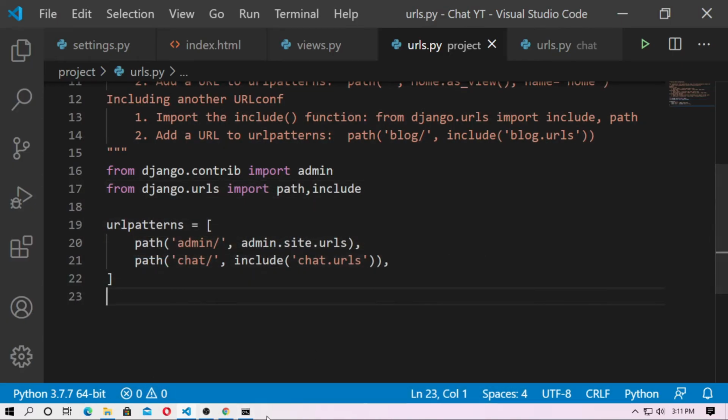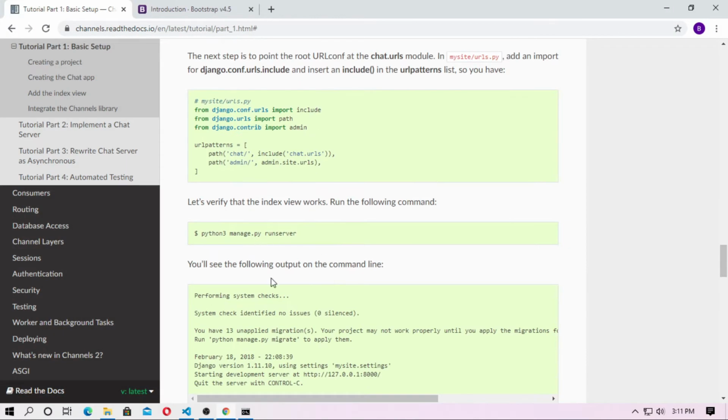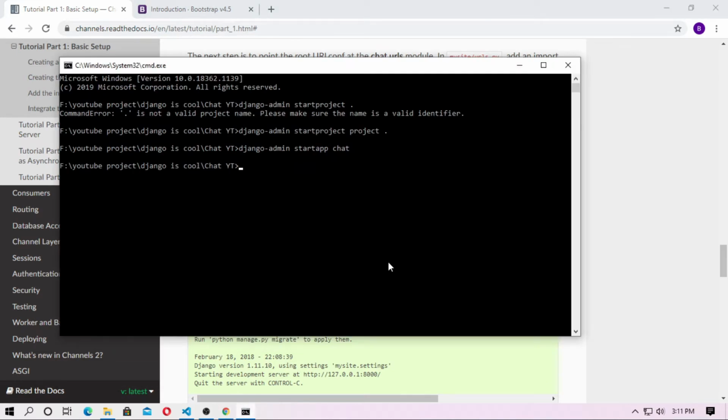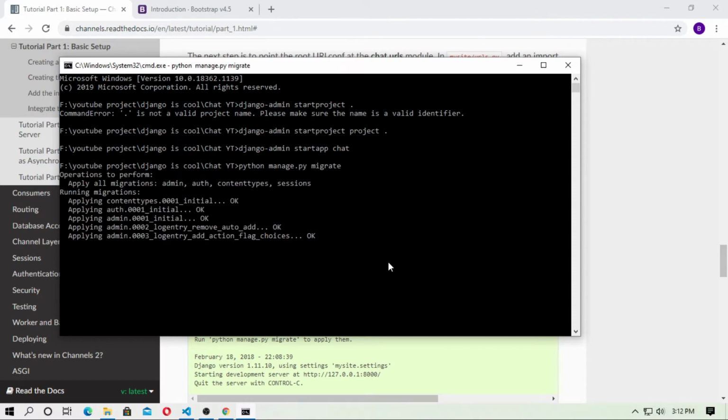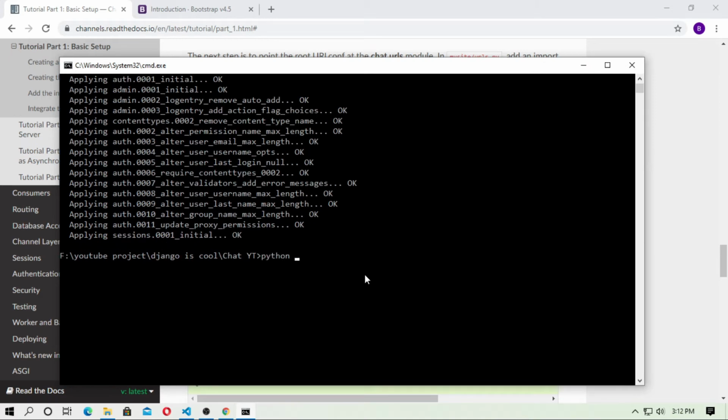Okay, so now again go to the tutorial page, and now run the server. So open cmd. Here at first type python manage.py migrate, and now run the server, python manage.py runserver.